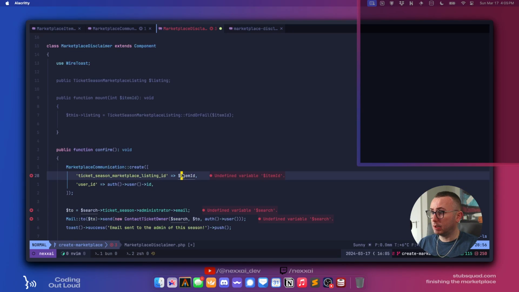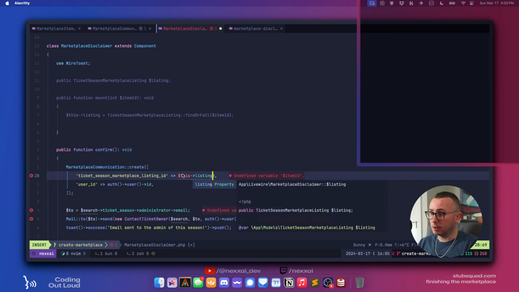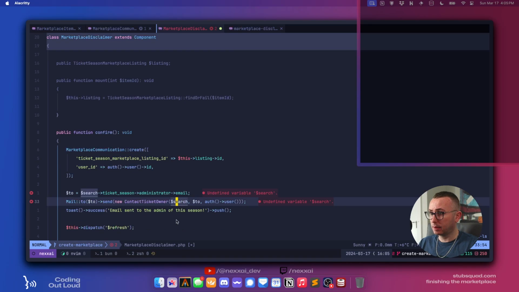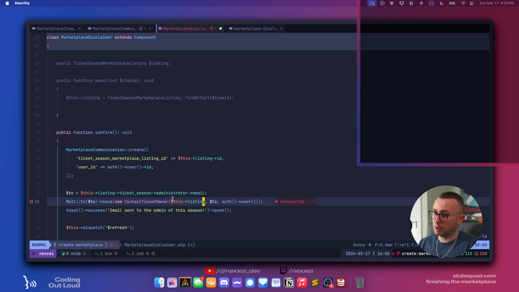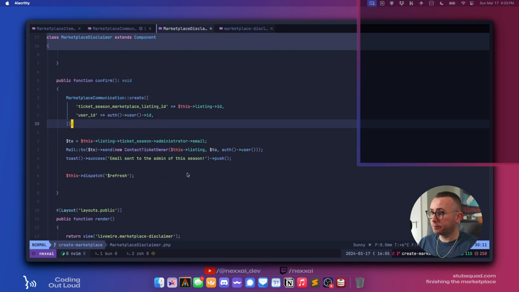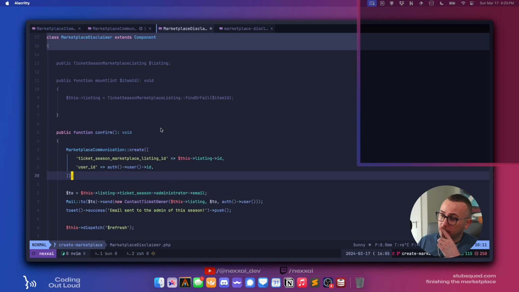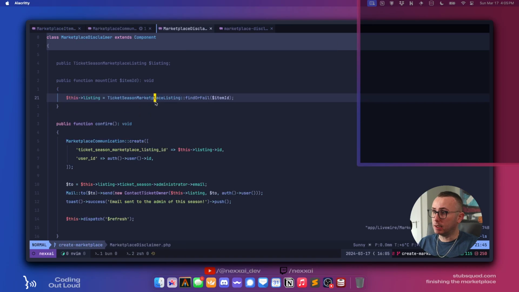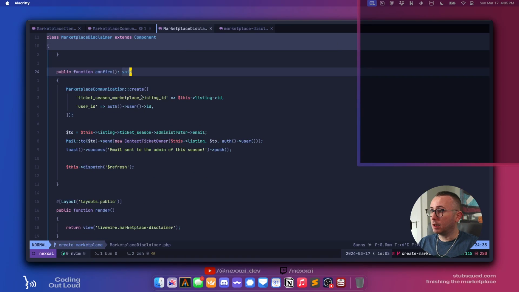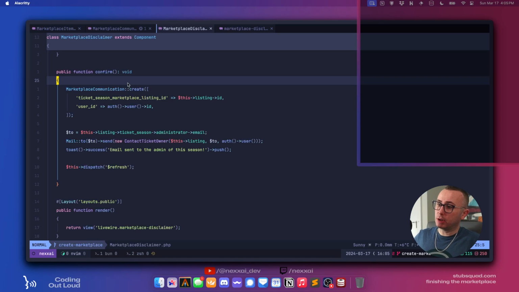And so you can now say this listing ID, this listing. Okay. And so now we get to the page. It should already know the listing ID. And again, we'll have to put some authorization in here to make sure that the person doesn't already exist. So that's fine. We'll do that in a minute.